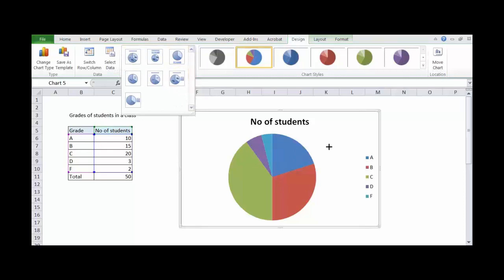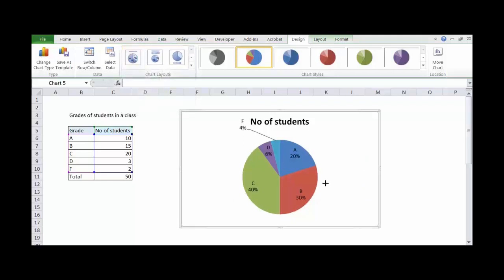If you do not think that this is representing data meaningfully, because here it gives you a comparison of those students who are A, B, C. Here you can say that yes, C students are more than B students, but it does not give you any meaningful presentation. So what you can do is go for this. So you are being shown that this is the representation. A is 20%, B is 30%. Right? So whenever you want to understand what proportion of the total data is given to a group, then you may find that this pie chart is a lot more valuable, right?